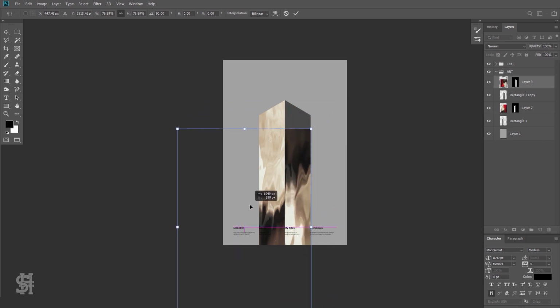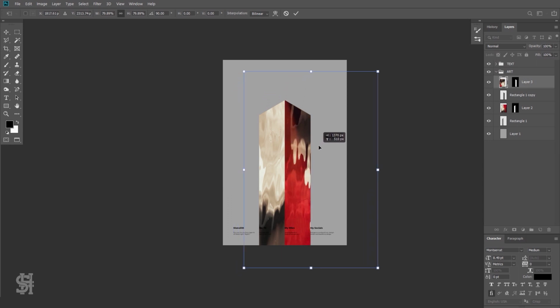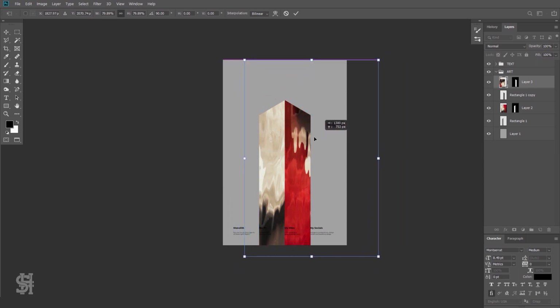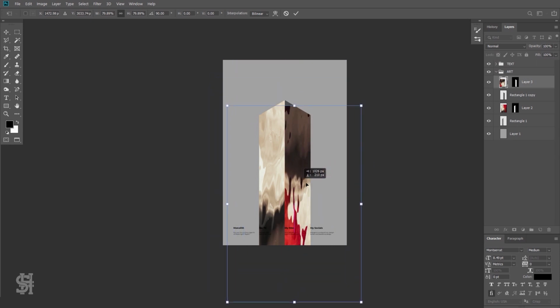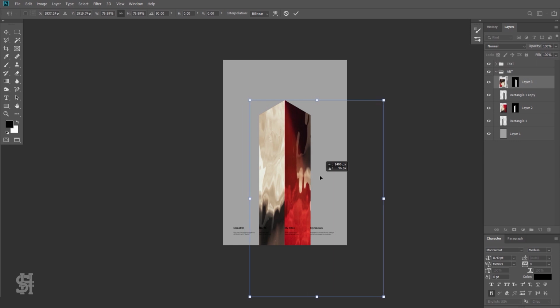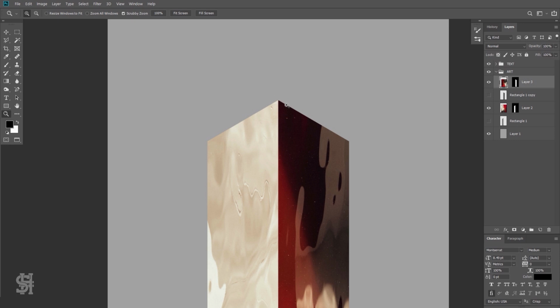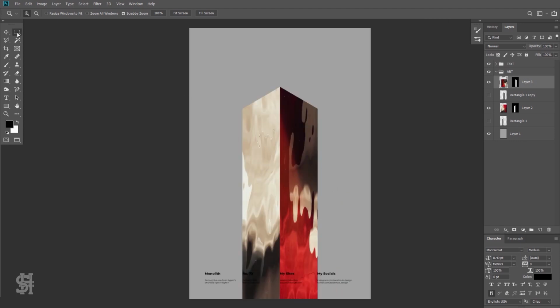How about right there? No. Right. Where are we going with this? Right here? Oh boy. I don't know what I like here. Maybe right... Oh, actually, I kind of like that. That looks really weird. But I like it. So now we can actually just turn off the bottom layers because they will usually end up peeking through just at the little sides here, and we don't want that. Okay, so now